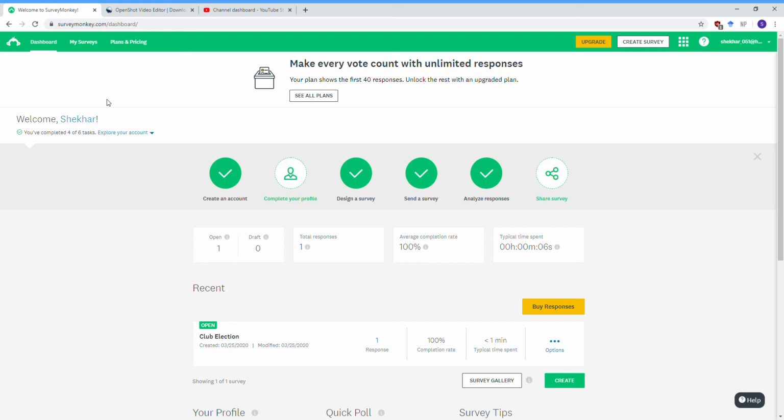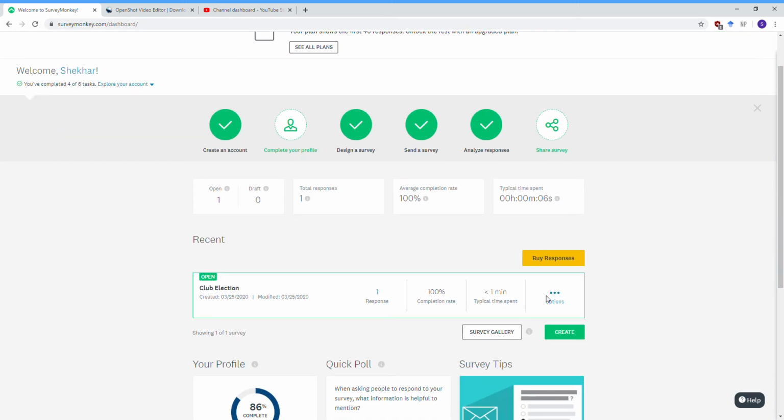So I'm going to start off by going to SurveyMonkey. You can go to surveymonkey.com and create an account. That should be simple enough, and you can sign in. So I've signed into my account, and I'm on the dashboard currently. On the dashboard, you might get an option to create a survey. So I'll create a survey here,